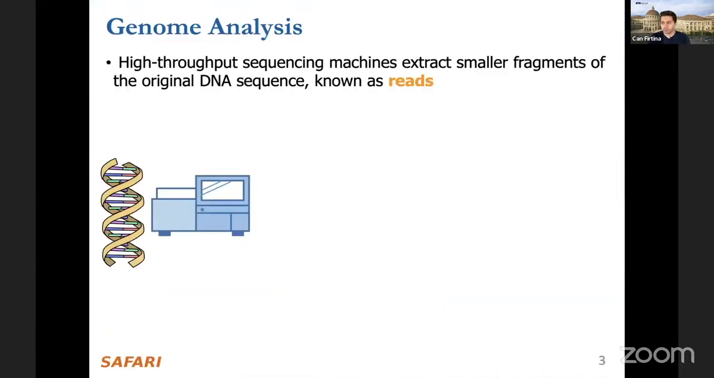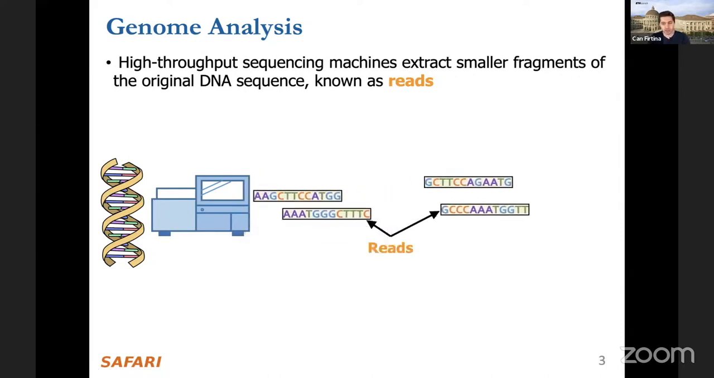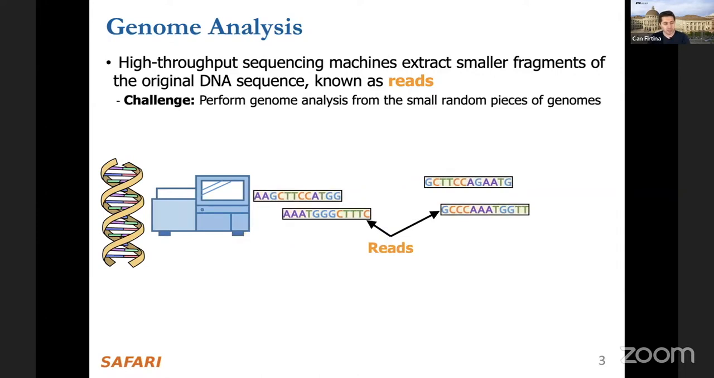So let me quickly cover a basic background on genome analysis. As we know, high-throughput sequencing machines extract smaller fragments of the original DNA sequence, known as reads. The challenge is to perform genome analysis from these small random pieces of genomes, because we do not know the origin of these reads in the actual genome. The goal is to figure out their origins in their corresponding genomes,